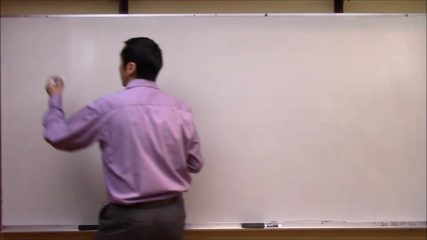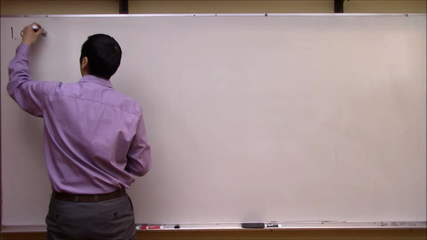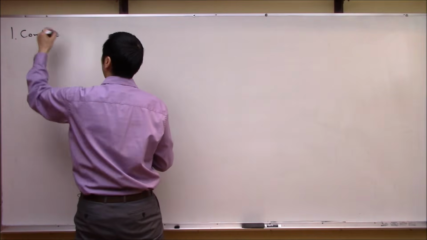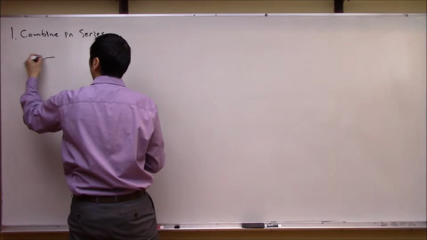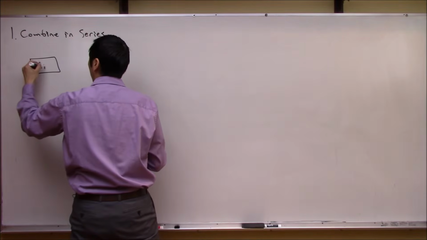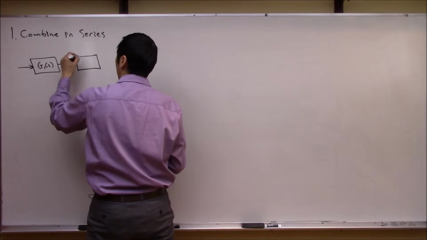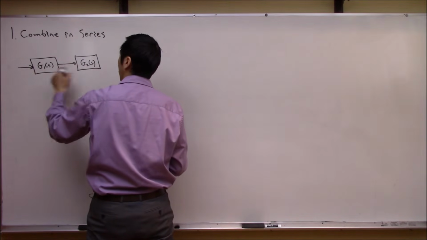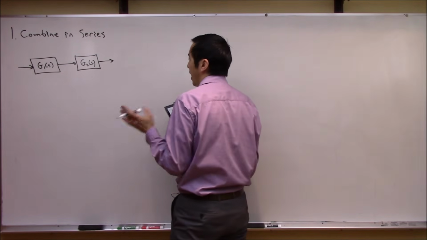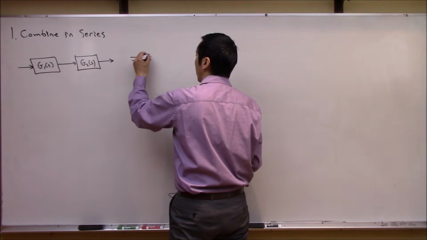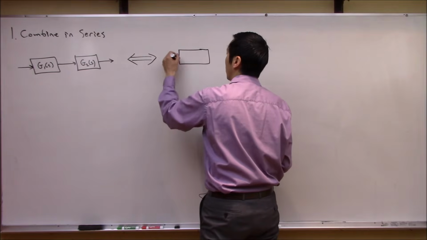Okay, so what I'd like to do now is look at a series of different operations on block diagrams. And the first one that I'd like to do here is called the combine in series operation. So what that means is, let's say you've got a block diagram where you've got two transfer functions, or two blocks, just lined up in series with one another. So you've got a G1 of S and a G2 of S lined up like such. Okay, what I want to do now is see, is there a way that I could make this equivalent to just a single block here,